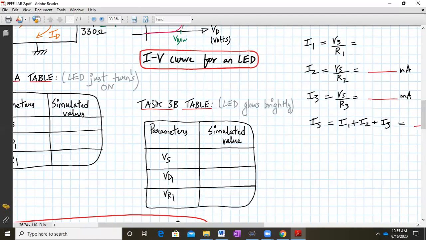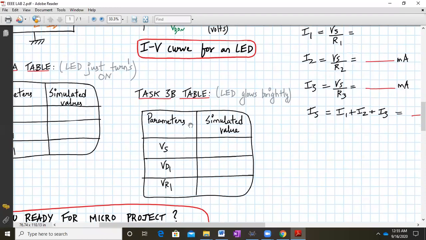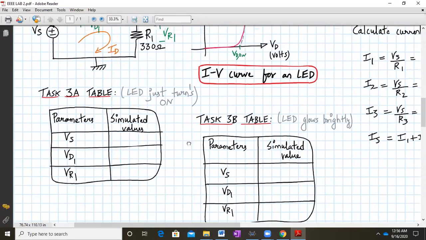Now, for table number 3B, you increase the voltage of supply such that the LED glows brightly. Whenever the LED glows brightly, and even after increasing the voltage its brightness is not increasing, record that value over here. So record the simulated values in Proteus, record the values of Vs, VD1, and VR1. So these are the two tables which you need to fill.